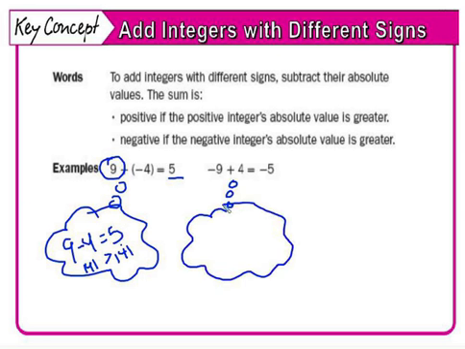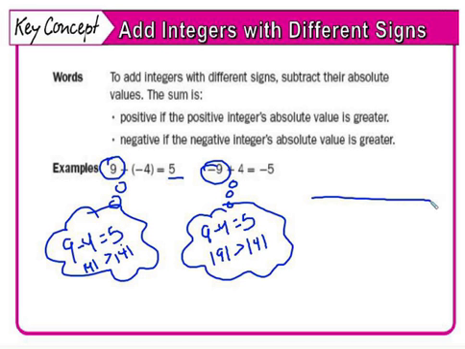I'm thinking 9 minus 4 equals 5, but since the absolute value of 9 is still greater than the absolute value of 4, I'm actually going to take the sign of this negative 9 here, so my answer is going to be negative 5. Furthermore, if I were to do this on a number line,